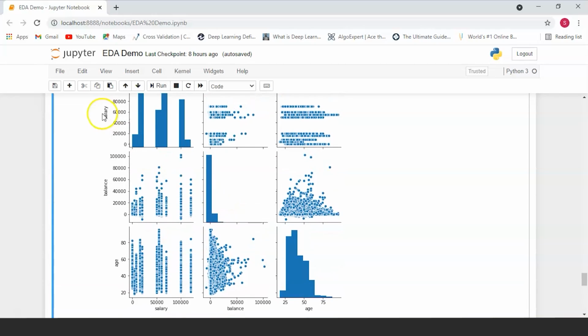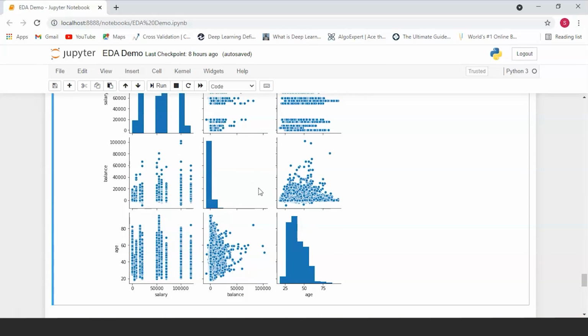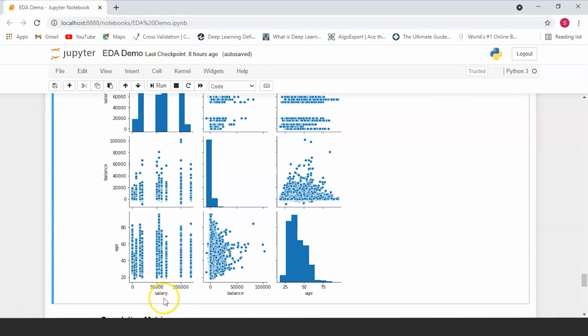Now we've already seen salary versus balance and balance versus age, but one plot that we have not seen is age versus salary. So we can look at it right now over here. The salary of most people in the age group between 20 to 40, as you can see, falls under 0 to, we can say, around 20,000. You can easily see this because a lot more data points are concentrated in this region. The next highest salary that a lot of people in this age bracket are earning is around 50,000, and very few people are earning 1 lakh and over.